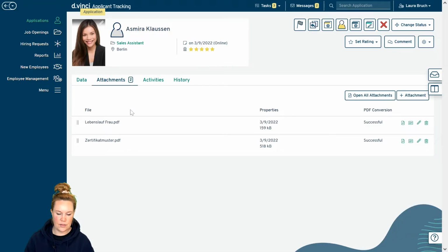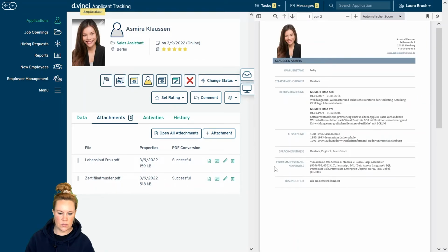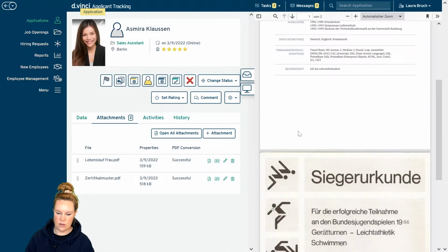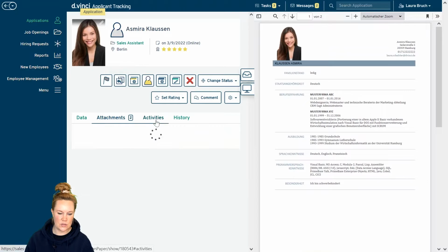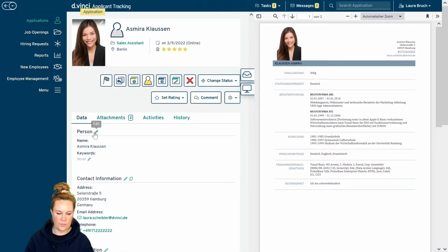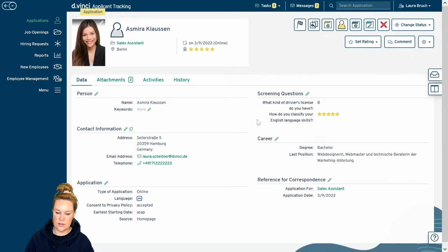Under attachment, you find all the documents that the applicant loaded up. You can just look at them individually or open all attachments at once. You can split your screen as well, and then you have everything in here and switch back into this or edit even though some information that did not get filled out by the applicant.